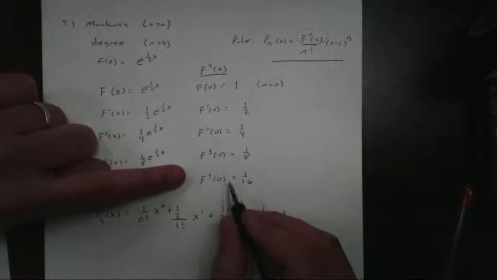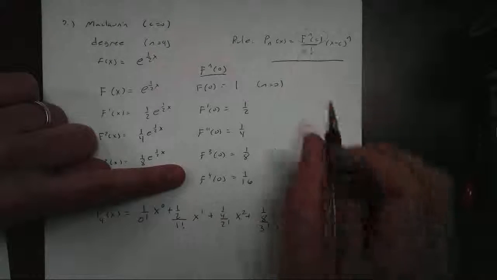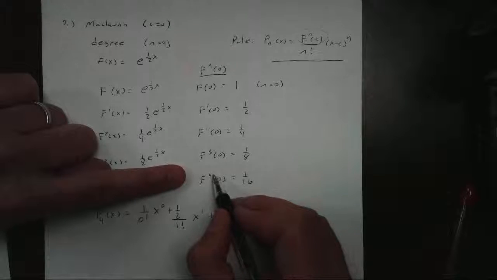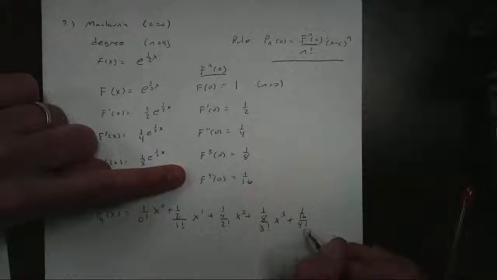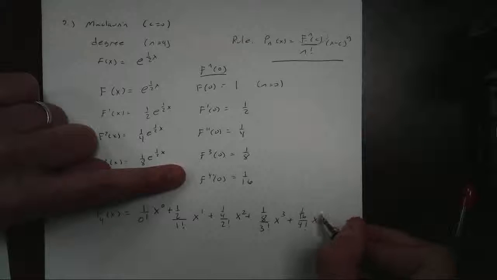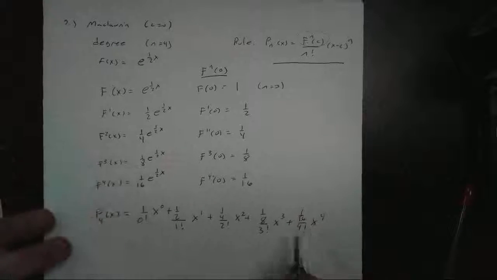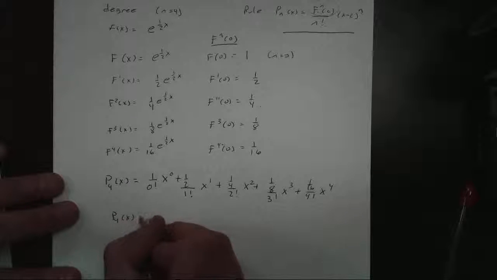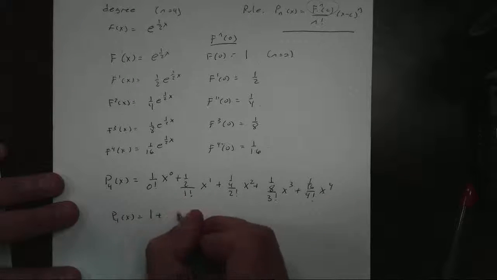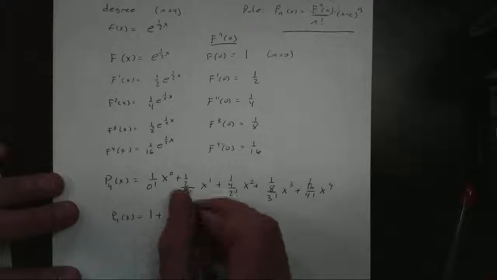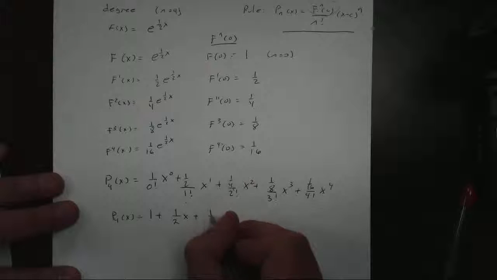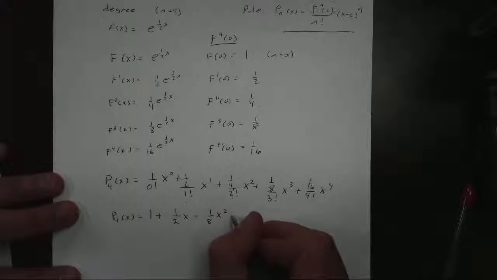Plus, now where am I getting these from? This 1 over 16, that's my value, over n factorial, that's my degree, or my derivative, my fourth derivative, x to the 4th. It's really x minus 0. Now, we don't like this, it just looks nasty. So we're going to rewrite this. This is just 1 plus, and you can write this as 1 over 2, just 2x, plus, now you can simplify this one, 1 over 2 times 4 is 8, x squared, plus, again,